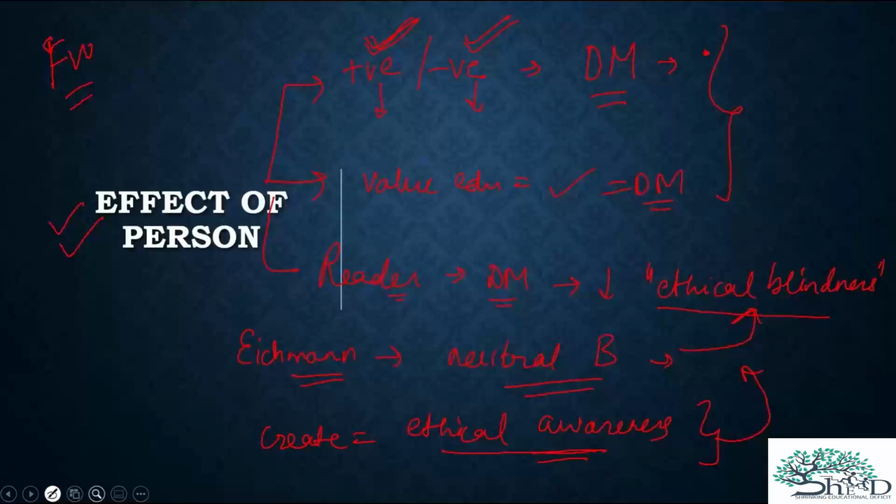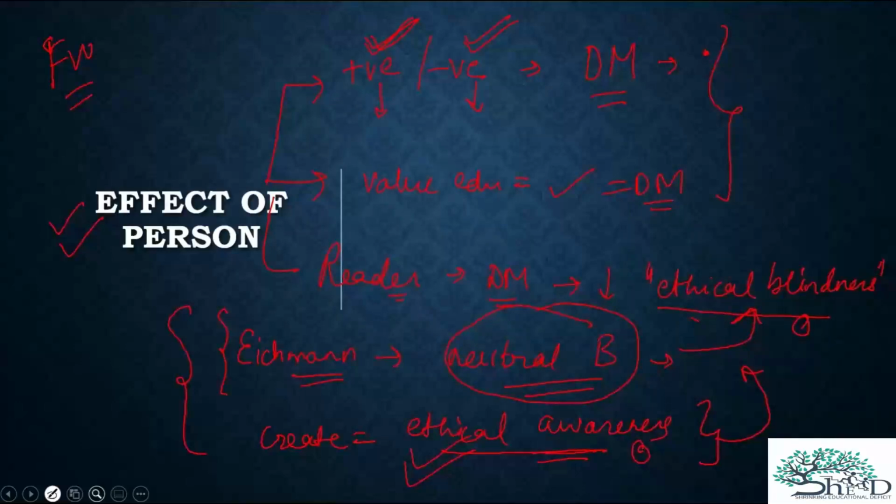So, if the person is well read, like you just came to know about Eichmann and about ethical blindness and ethical awareness, your decision making will improve. Because if you face such a situation when you have a negative order from above, what will you do? Will you be ethically blind? Or will you hide behind the concept of neutral bureaucracy, or will you have some ethical awareness and take some steps, right? So where does this come from? It comes from the examples of the past.